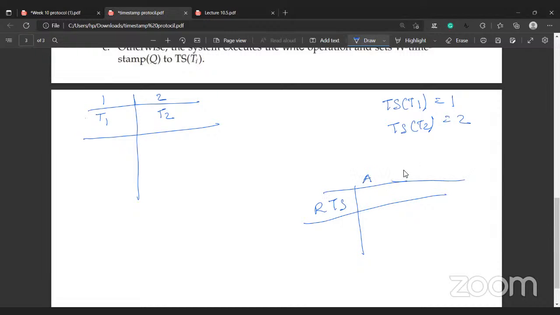But let's take data items A and B, and the write timestamp. Initially all are set to 0, right? Okay. Suppose T1 issues a read operation on data item A, read A. So we have to check